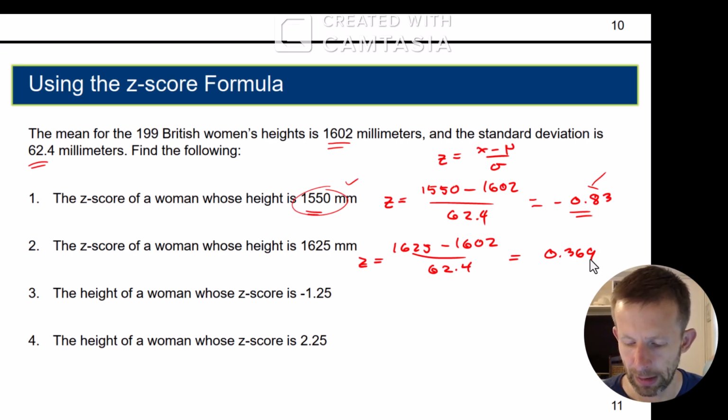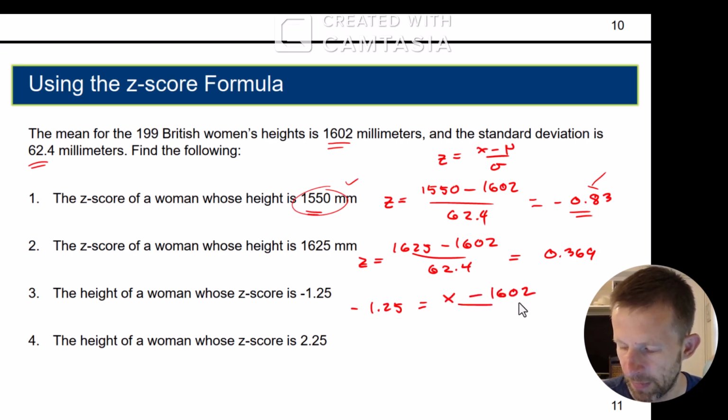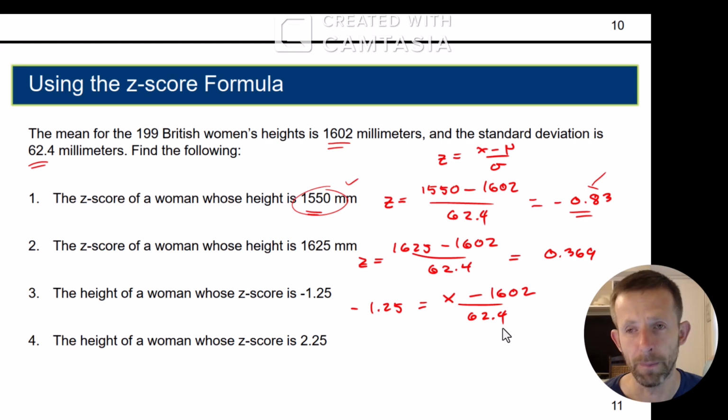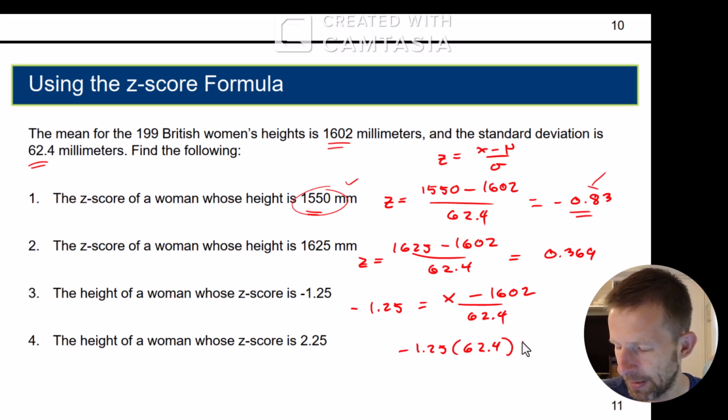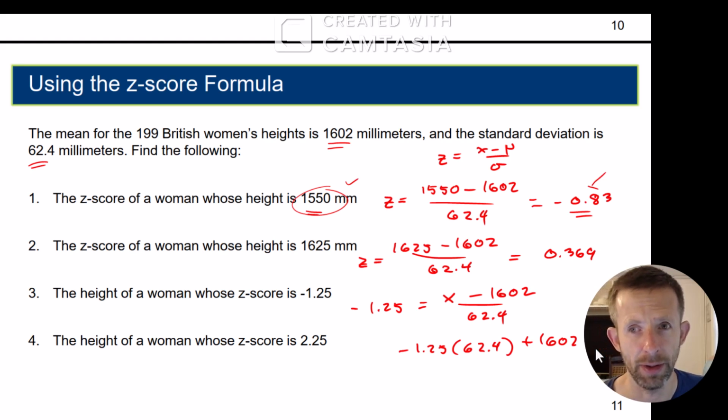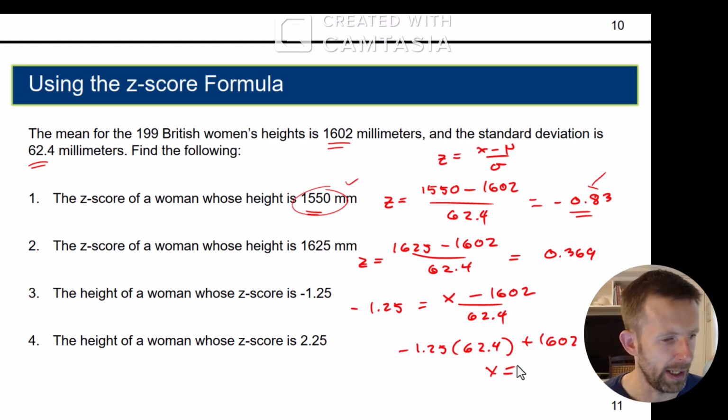What about a height of a woman whose z-score is negative 1.25? So now I'm 1.25 standard deviations to the left of the mean. So negative 1.25, and I want to find the height of that woman. So negative 1.25 equals x minus 1602, divided by 62.4. So using our middle school algebra, we're going to multiply both sides by 62.4. So negative 1.25 times 62.4. And I'm going to add 1602. That's going to isolate x on the right side. So when I do that, I get x is